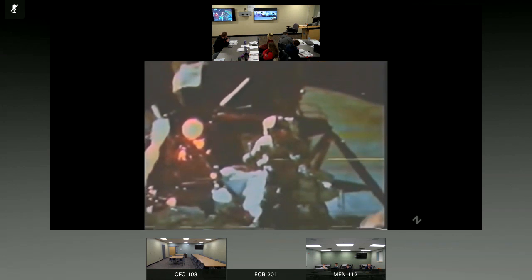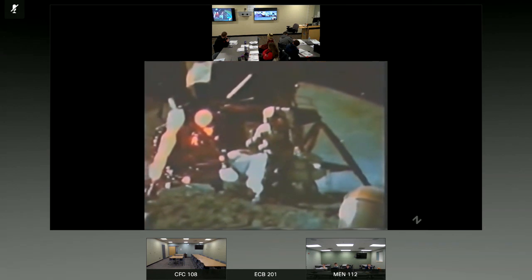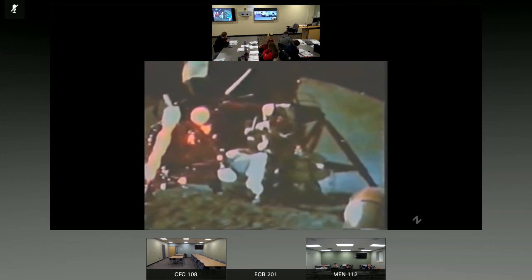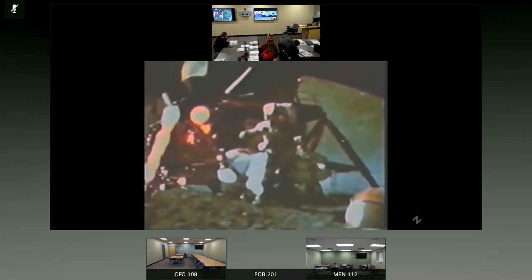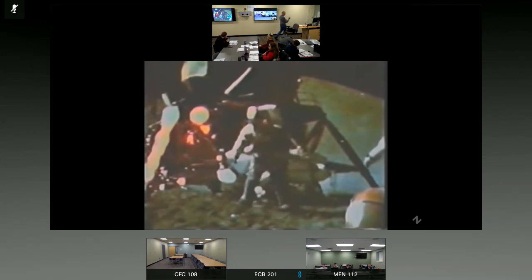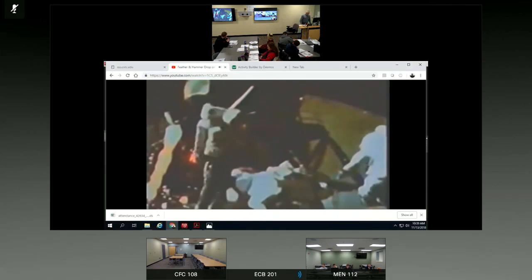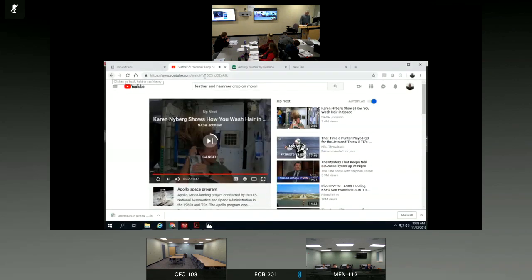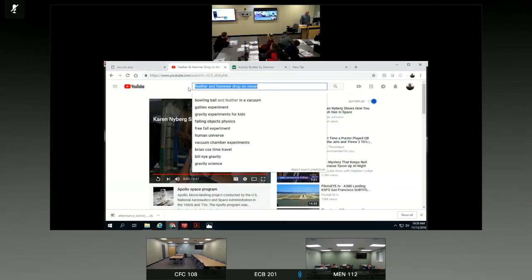And the feather happens to be appropriately a falcon feather for our falcon. And I'll drop the two of them here, and hopefully they'll hit the ground at the same time. The other thing that you notice is it fell kind of slowly because the moon has less gravitational attraction. So they did hit the ground at the same time. There's one more I want to show you, and that is